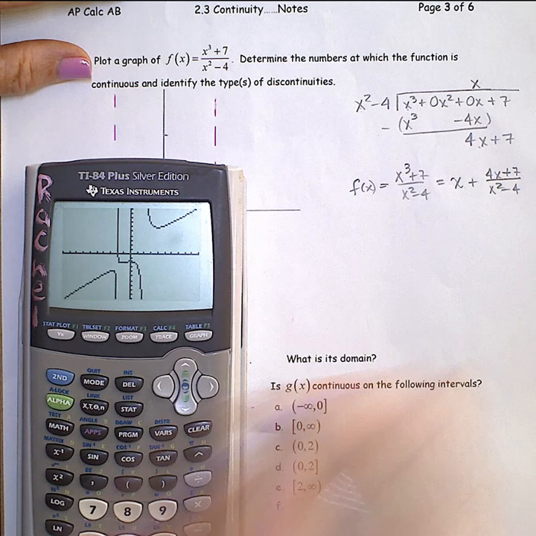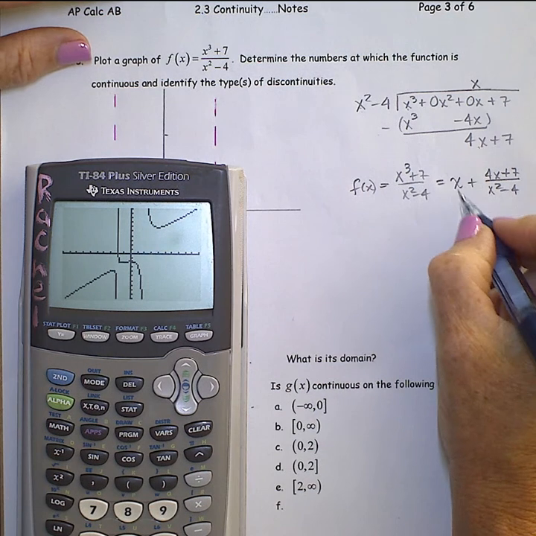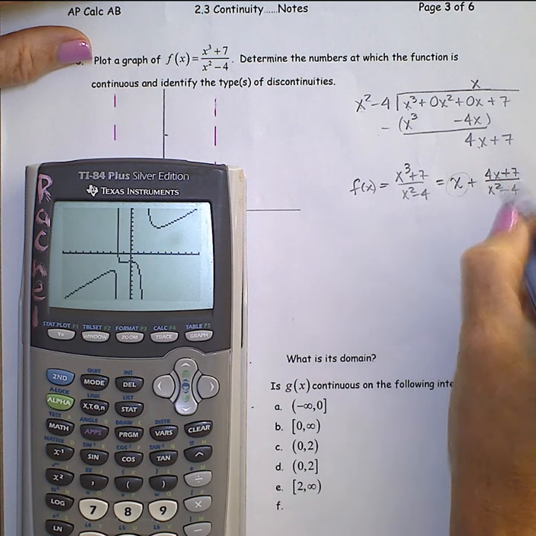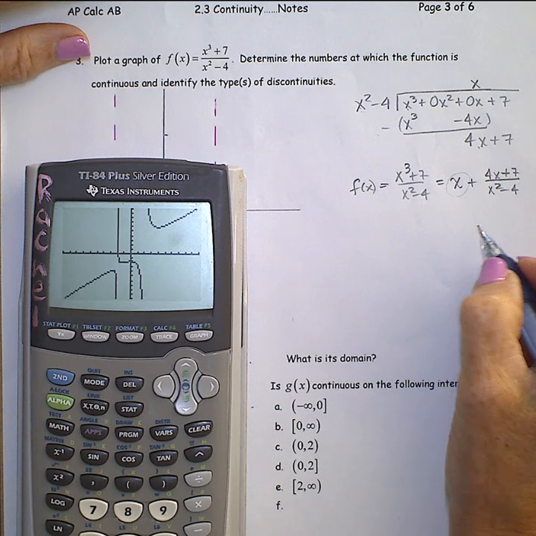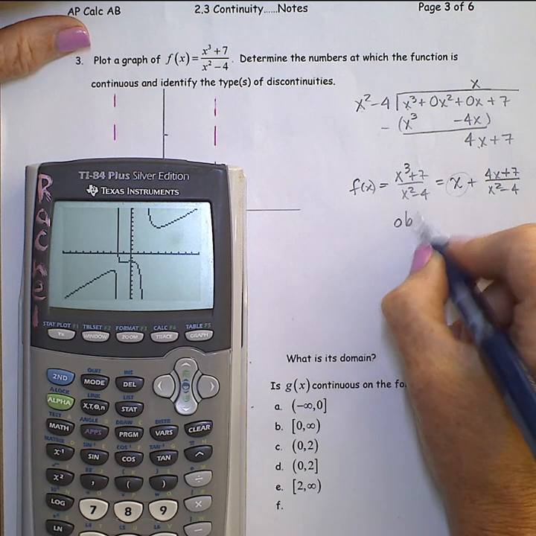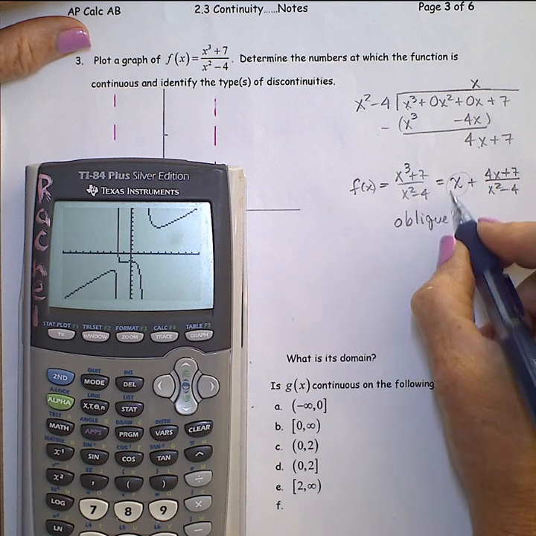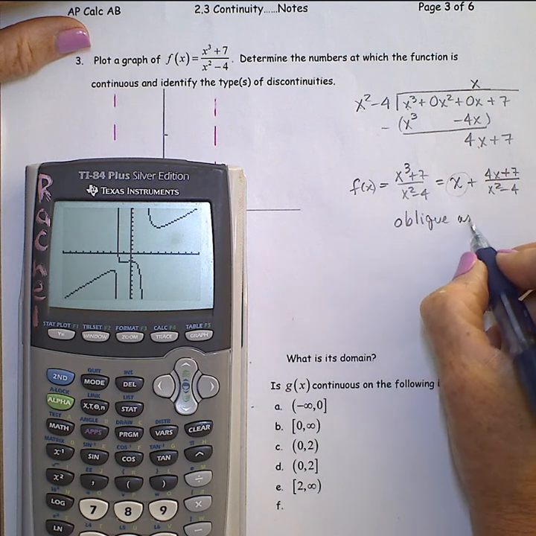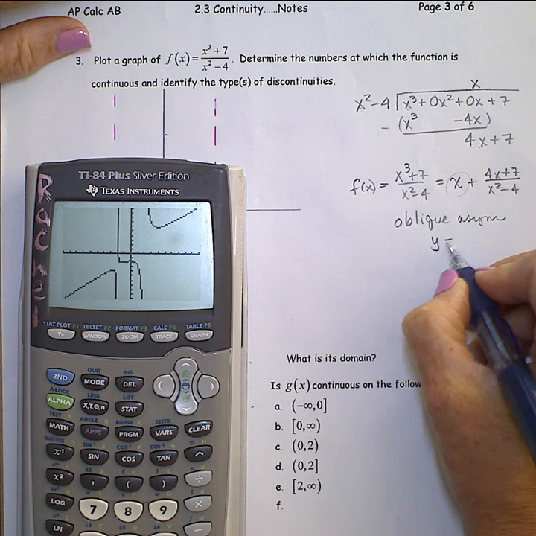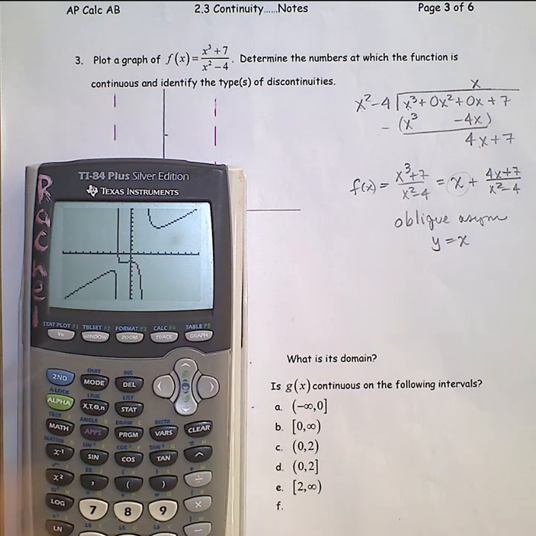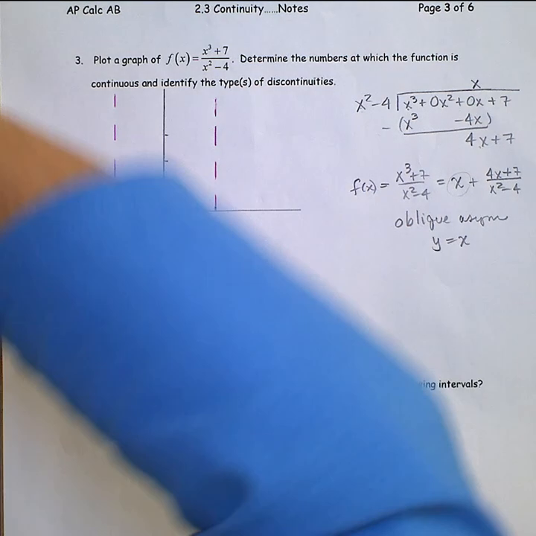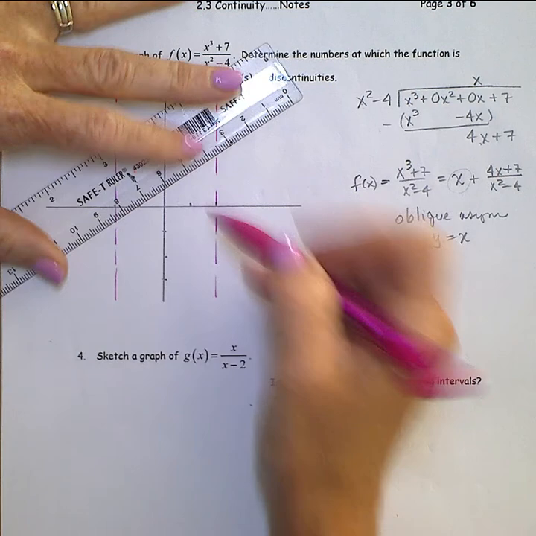which tells us this remainder portion is not going to be important for us with this oblique asymptote. The oblique asymptote is the linear portion, and that is y equals x. If we go back to the graph and put in y equals x,